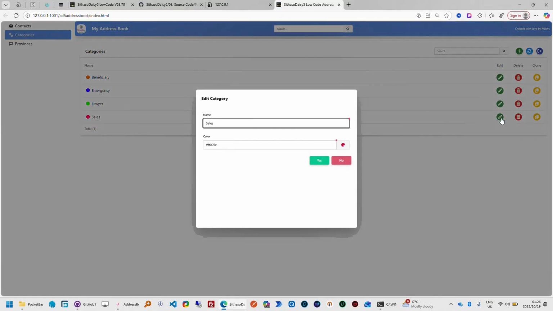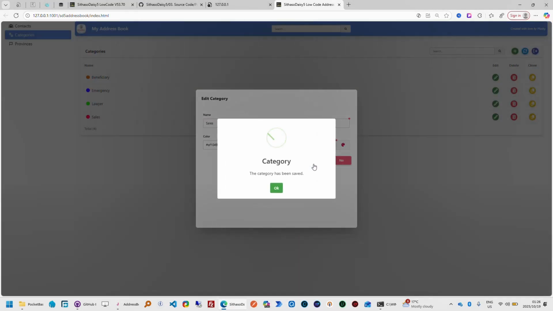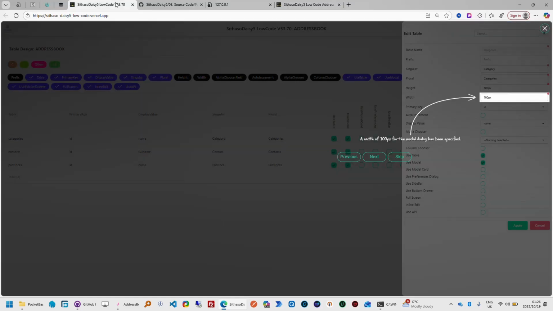Like for example on edit, we're editing sales, we're changing the color to be something else, and then we click on save. The category has been saved, and it changes the color to be something else here. So next,